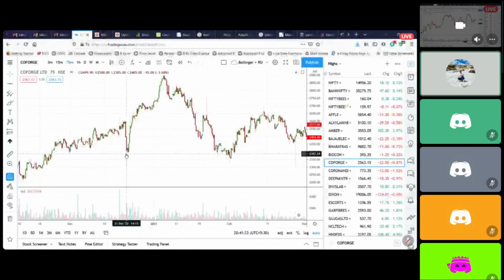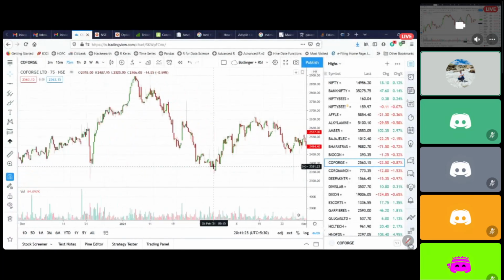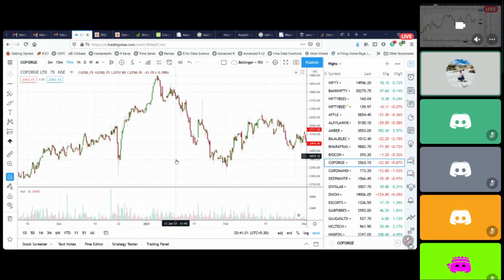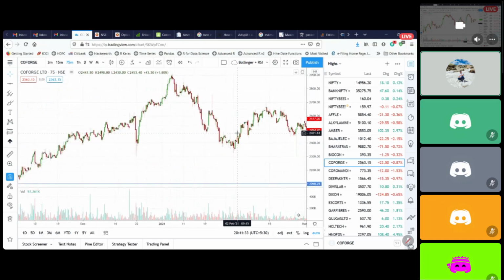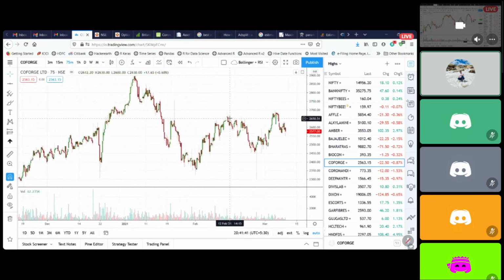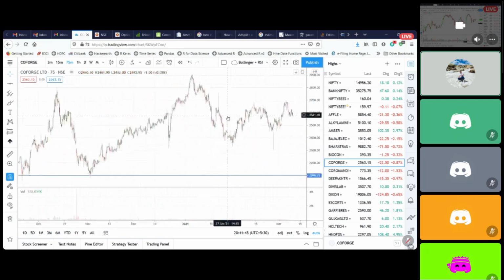And again, same thing. This was the previous support zone at 2400. Now look what happened here. Around the 2400 zone only, it gave this big green candle. So one potential entry point again. And booking immediately, if I wanted 8%, that would have been the 2650 zone only. So that also happened at around 2650. So book out that also.